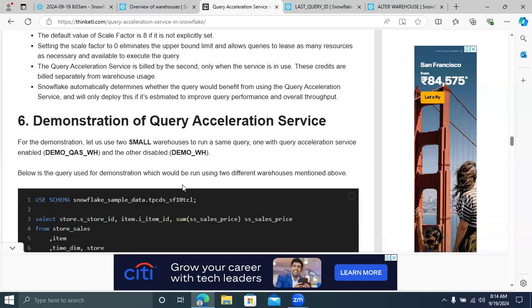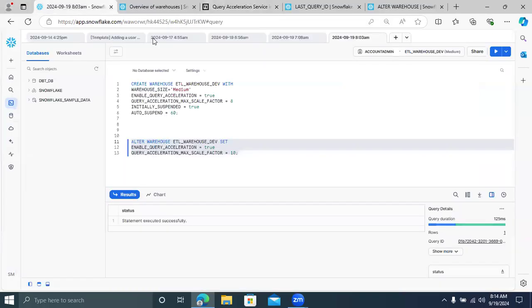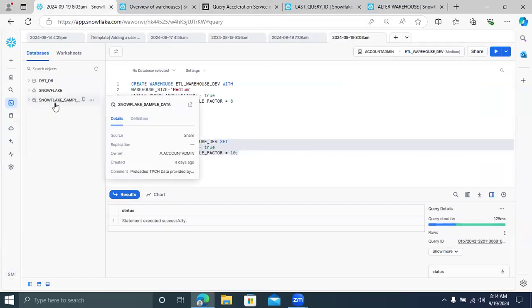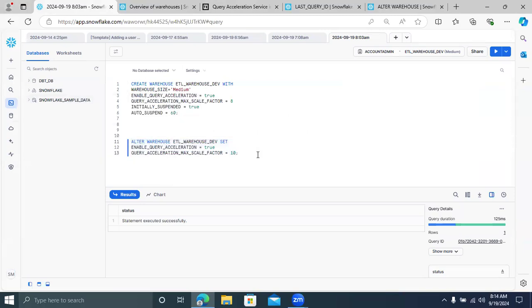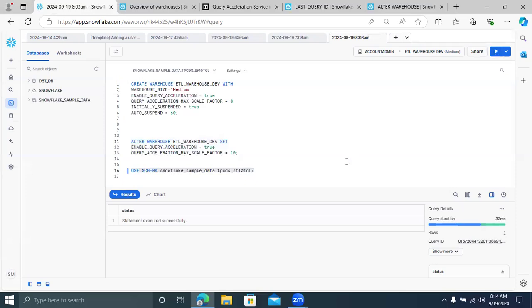Now, straight away going to the demo session. What I want to do is, we have Snowflake sample data. In that we have schemas, right? First, I want to go to this sample database. This database already exists for us. You can see, right? Snowflake sample data. Just switch over to the schema. Now we are able to see it. Switch over to the database and schema as well.